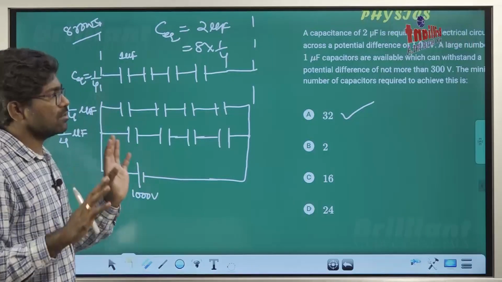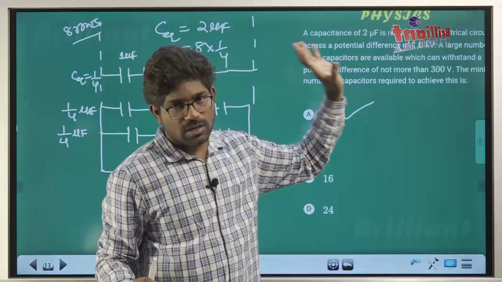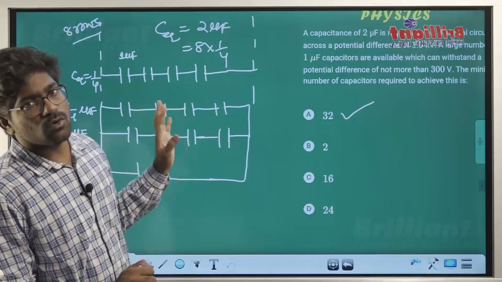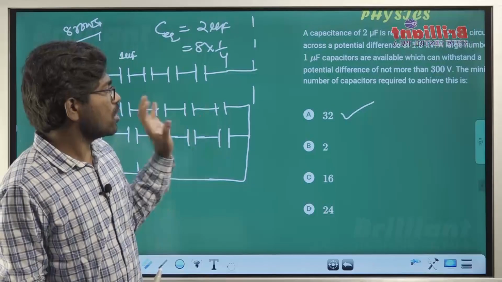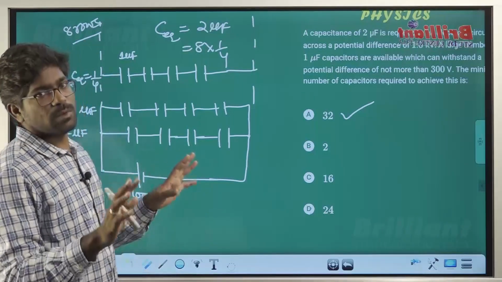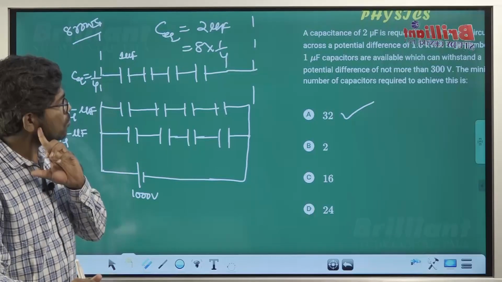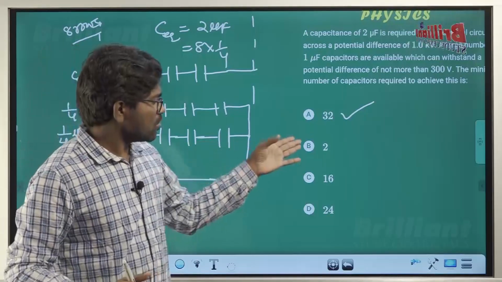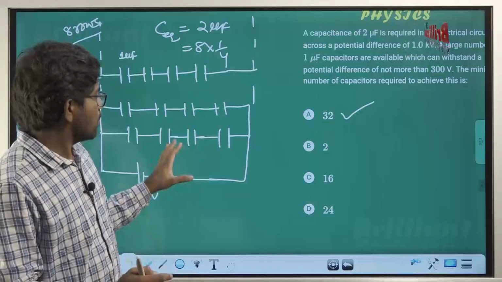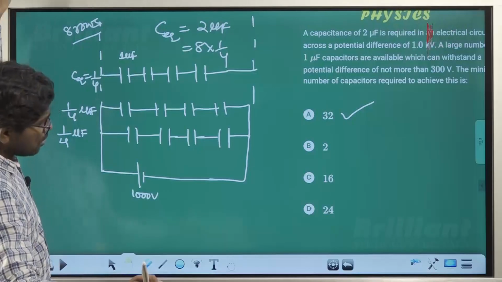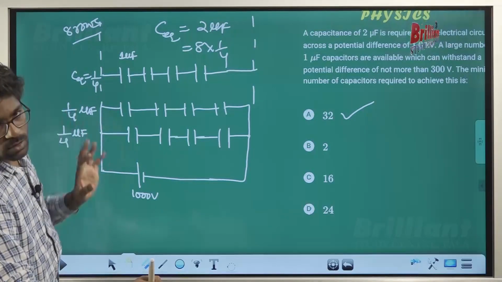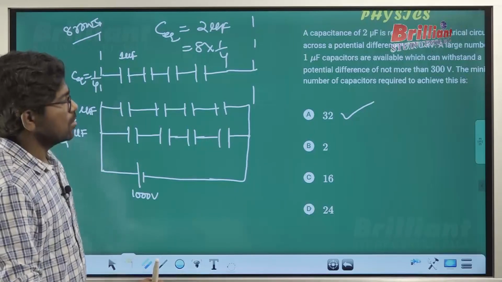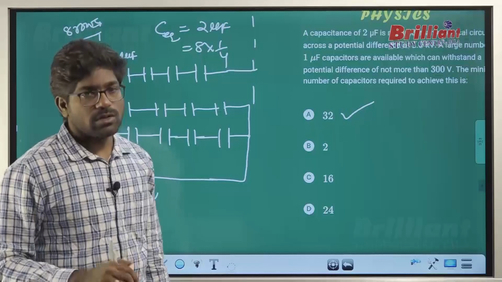You had two conditions here. One is you should not make the potential difference more than 300. The other one is the capacitance should become for total 2 microfarad we need to achieve. So two conditions should be satisfied, and that too with minimum number of capacitors. So the only way is by making 32. You can increase 5, 6, 7 also like this. You can make more number of capacitors, then it will become 1 by 8 also. Then you increase the number of rows, then it will become more. That also you can do. But we need minimum. Minimum is 32. Right. Let's look into the next question.